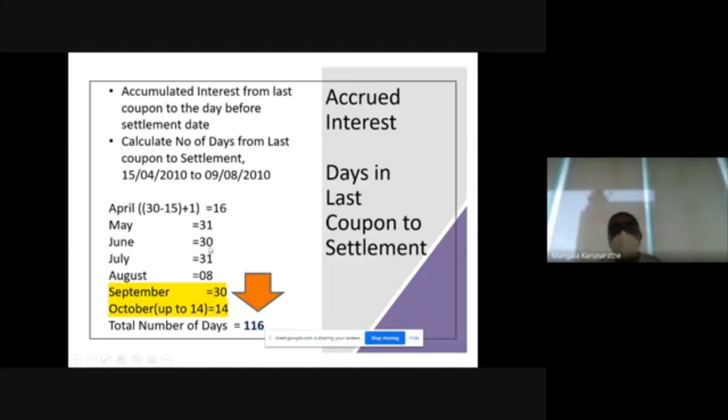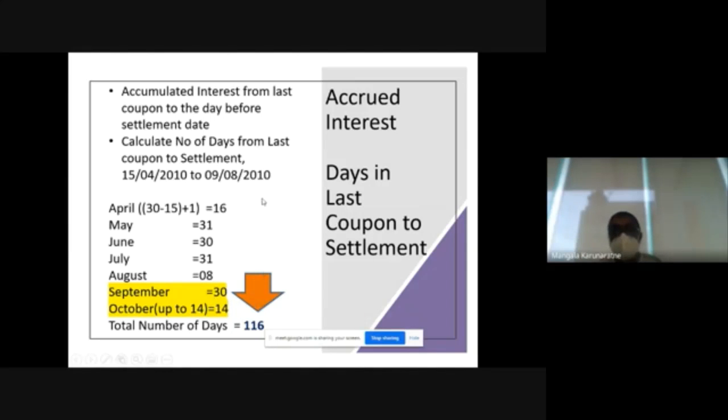We are calculating the number of days from the last coupon to the settlement date, right? So the last coupon was on April 15th. We calculated this earlier as well. Now we have 16 days in April, 31 days in May, 30 days in June, 31 days in July, and August 8 days, right? August up to 8 days only we are taking, and September and October we are not taking. But earlier we took the full 31 days and these two to calculate the number of days for the entire